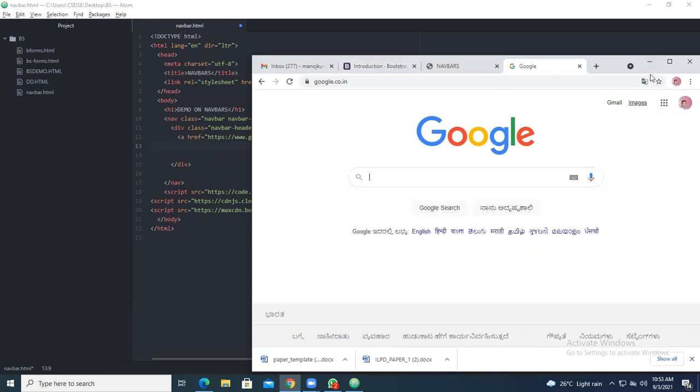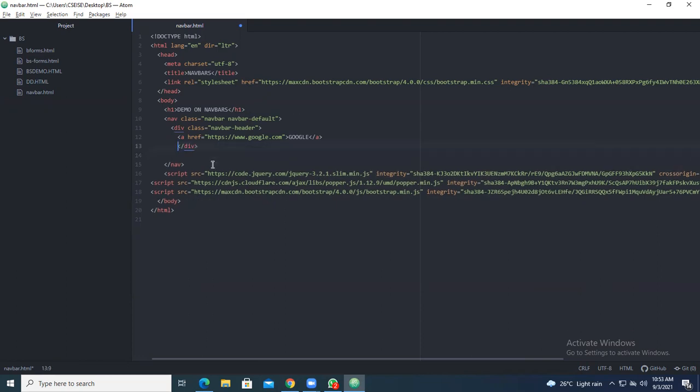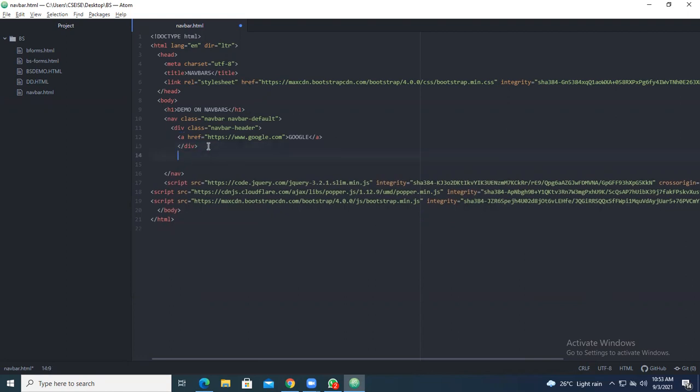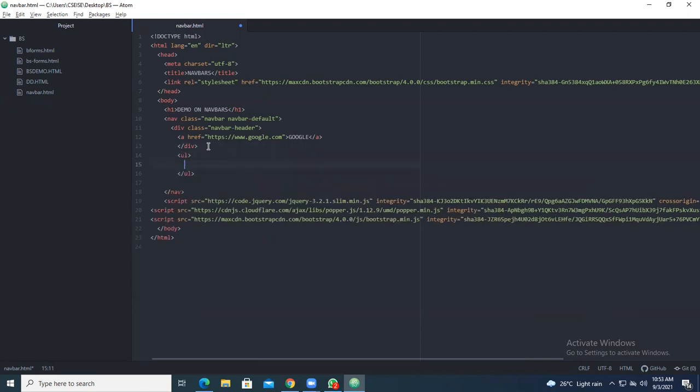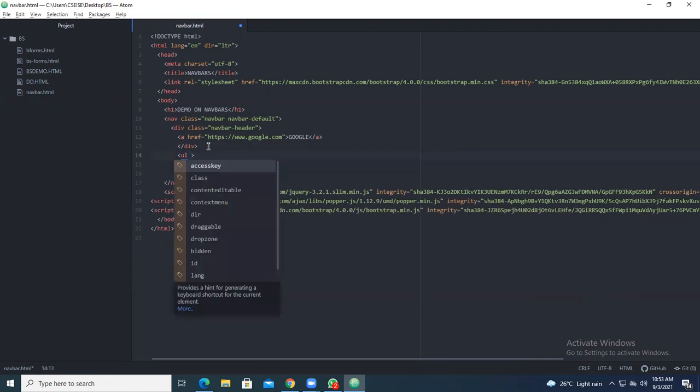So first let's go with a best example. In order to create that, you have taken this particular div. So this part is going to finish here. So this div and this div are closed. Now I will take an unordered list because you are creating it manually.